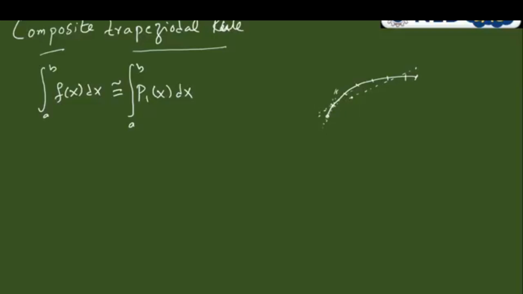Similarly, I can draw a straight line between these 2 points, and these 2 points, and so on. So I still have one curve, but I divide it into small pieces, and when they are in small pieces, I am